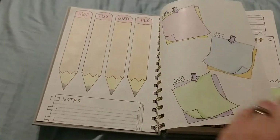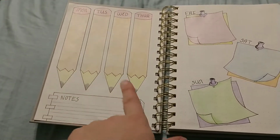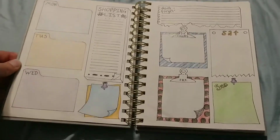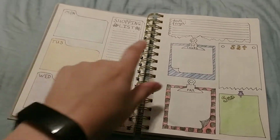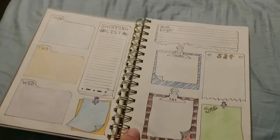And again, this is just with the colored pencils and that Sharpie fine liner. That's all that I used on those two pages. And then this was the next page that I did. I did my Monday through Wednesday on these little file folders. I did a little shopping list, another one of these because I enjoyed that so much on the page before,